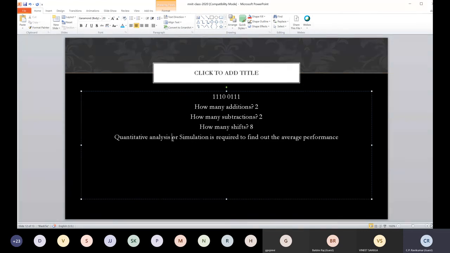It may be true that I have more zeros in my bits than ones. Then only simulation will be required to perform this. That clear? So verification also can play this additional role of giving us some performance numbers, in addition to telling us whether it is functionally correct.